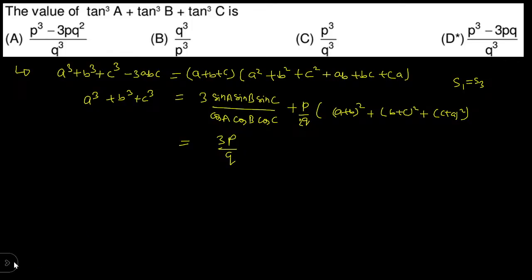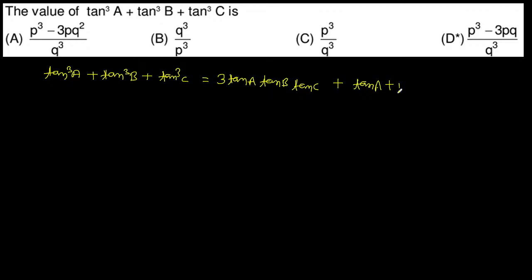सॉरी, A³ + B³ + C³ का फॉर्मूला थोड़ा भूला जा रहा है। tan³ A, tan³ B, tan³ C, ये होगा 3 tan A tan B tan C प्लस tan A + tan B + tan C, ये हो जाएगा